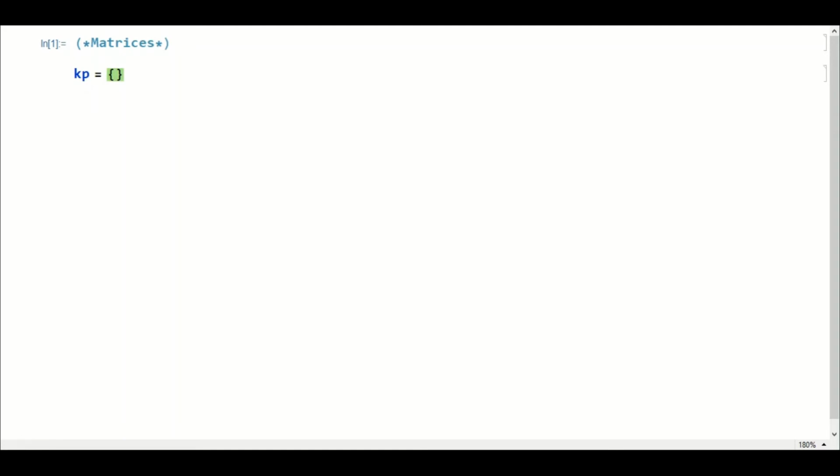Inside this curly bracket I will make again a curly bracket, and in this I will write the elements of my first row. Suppose in the first row 1 2 3 are my elements, then a comma, again a curly bracket. In this curly bracket I will write the elements of my second row, again a comma, and now I will write the elements of the third row. So this is how your matrix can be defined.